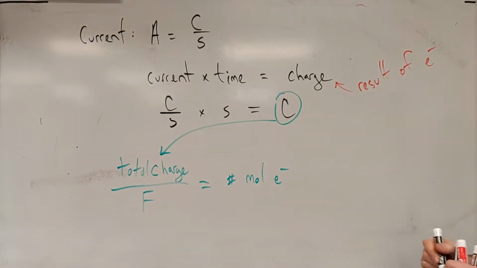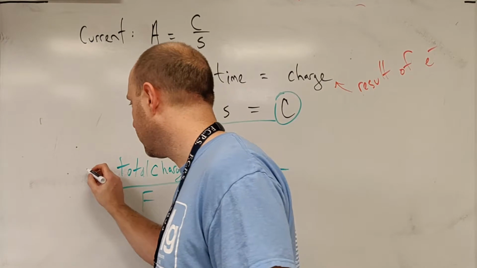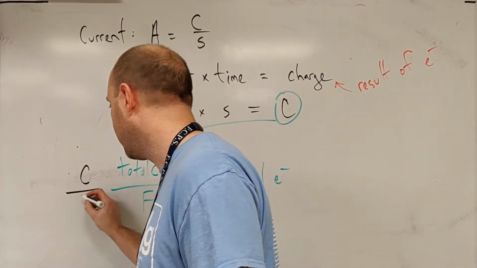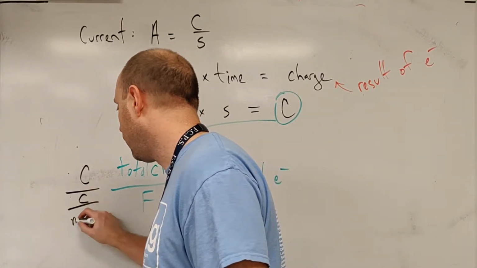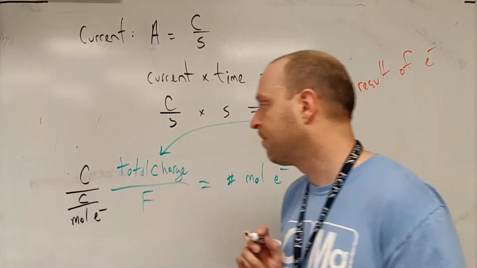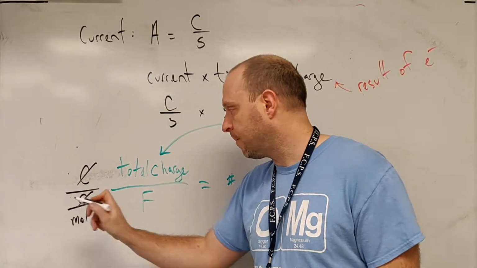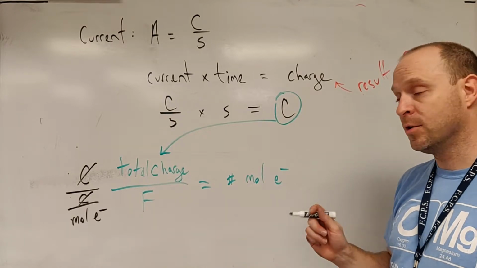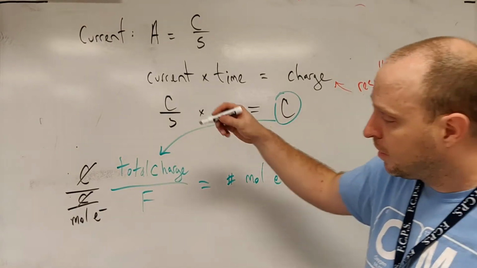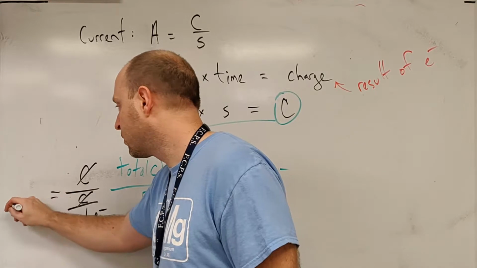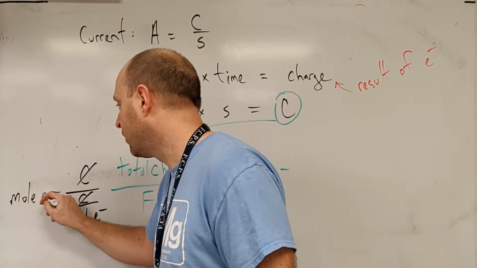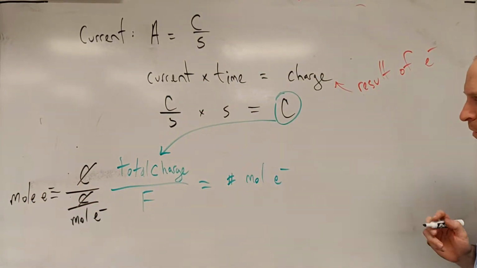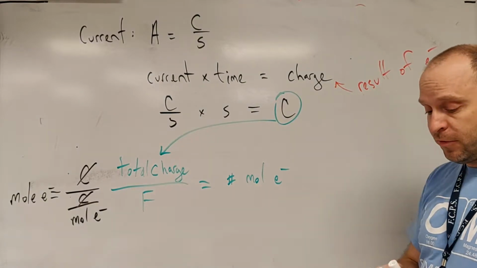And we see total charge in coulombs, and we divide by coulombs per mole of electrons. Coulombs cancel. Moles of electrons is in the denominator of the denominator, which is the numerator. When you divide by a fraction, you multiply by the reciprocal. So it makes sense that you would have some number of moles of electrons. And that by itself isn't